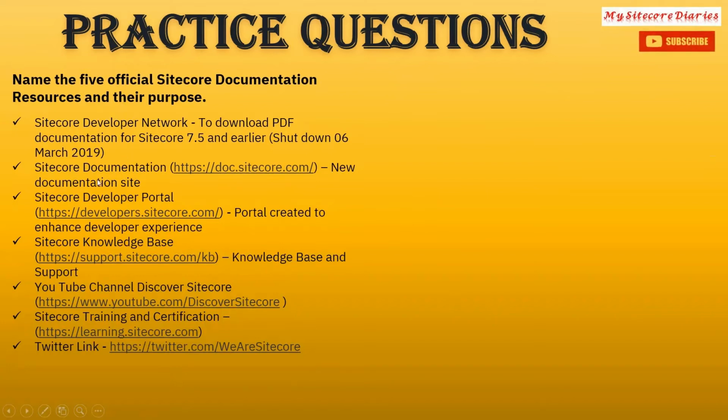developer documentation link. Then we have the new Sitecore documentation link, https://doc.sitecore.com. Then we have the Sitecore developer portal, https://developers.sitecore.com. This portal is to enhance the developer experience. Then we have the Sitecore knowledge base, for the knowledge base and support, where any patches will come, in the Sitecore support